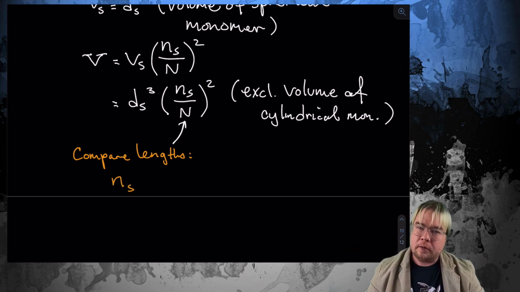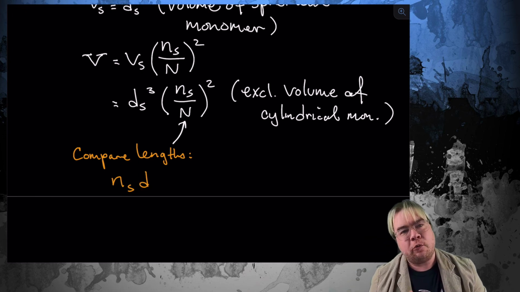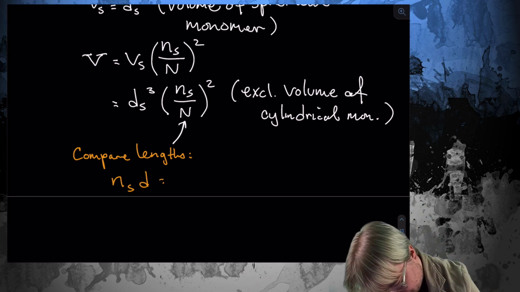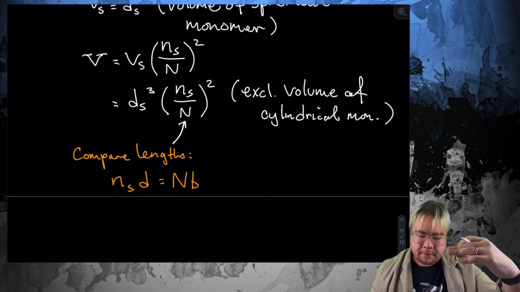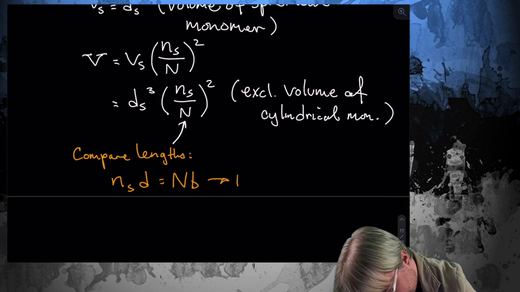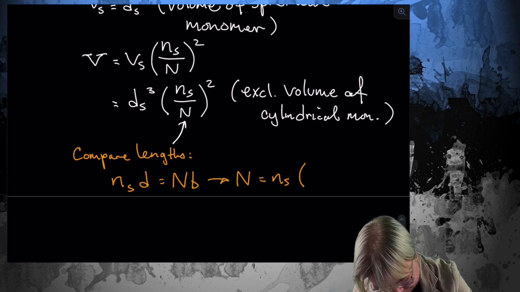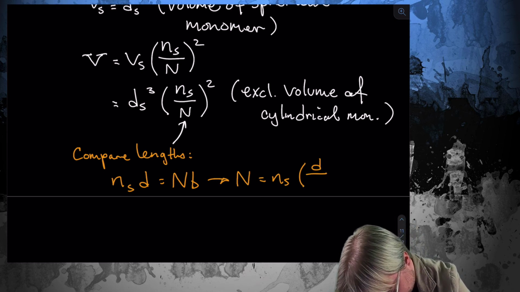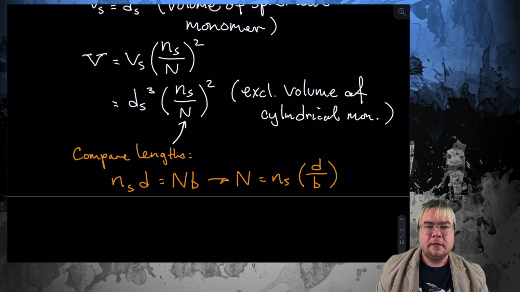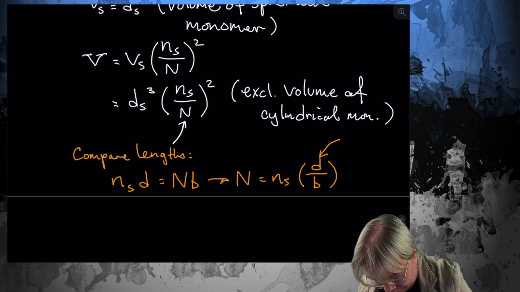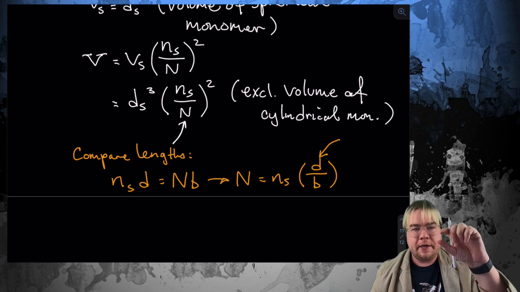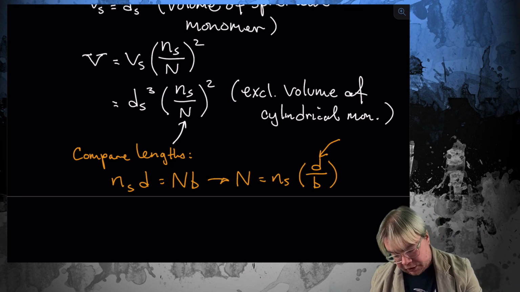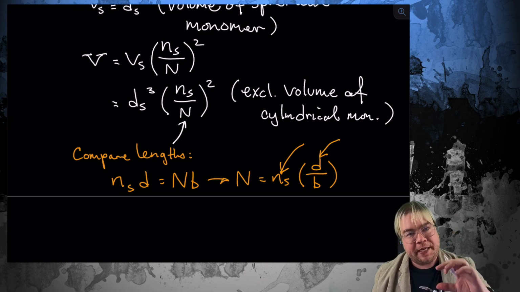the number of spherical monomers times their diameter, that will give me the total length of the chain, must be equal to capital N times B, because that's the length of the cylinder. Which means that N will be N_S times D divided by B. If you look at that term there, that's going to be less than 1, because the length of the cylinder is going to be much longer than the diameter of the sphere. So what you've done is you've taken a polymer chain that has N_S spherical beads, and